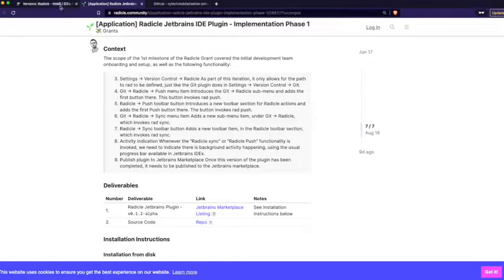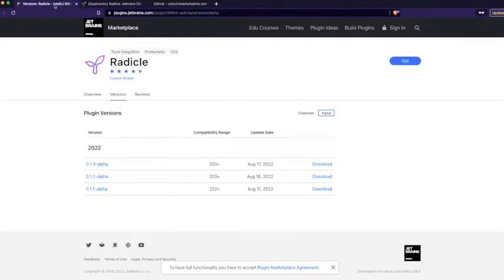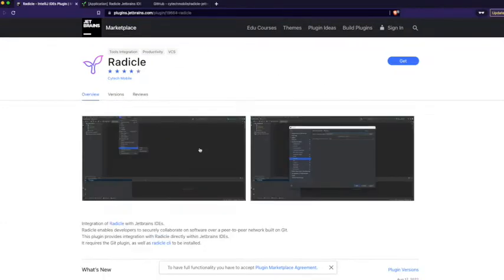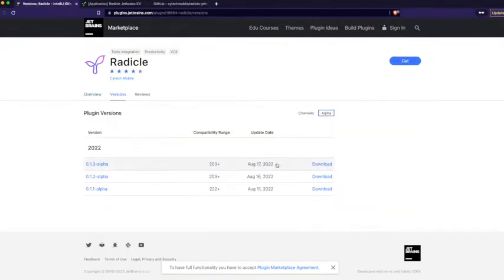Let's start with installing the plugin. The easiest way is to head on over to the JetBrains marketplace, download it manually and install it manually. For now, because we're still on the alpha channel, installing through the IDE isn't quite so straightforward. You would need to add an additional plugin repository. So the simpler version is to just head on over to the JetBrains marketplace and download the